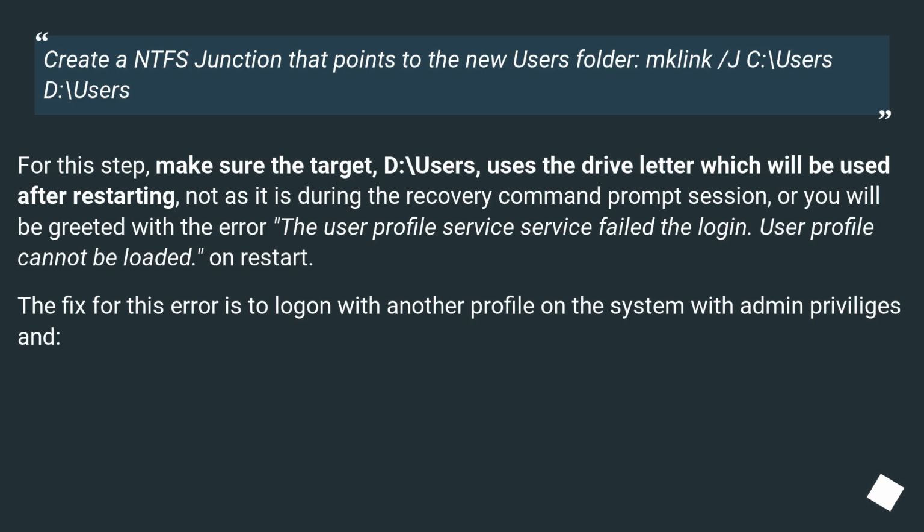Create an NTFS junction that points to the new users folder, with mklink /j C:/users D:/users. For this step, make sure the target, D:/users, uses the drive letter which will be used after restarting, not as it is during the recovery command prompt session, or you will be greeted with the error "The User Profile Service failed the login. User profile cannot be loaded" on restart. The fix for this error is to log on with another profile on the system with admin privileges